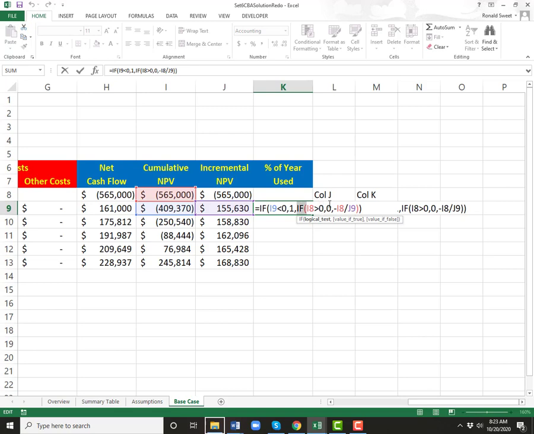So if we're in this last part, which means the current year must be positive, then we ask, is the prior year positive? If both are positive, we put a 0. We don't need anything. So we're in this very last part of this IF function, which means the current year must be positive and the prior year must be negative. If that's the case, what we're going to do is take